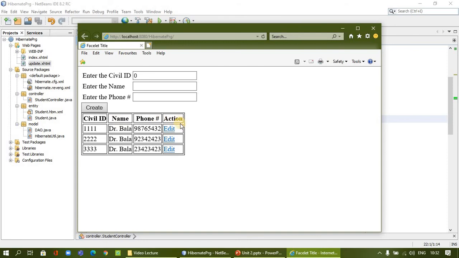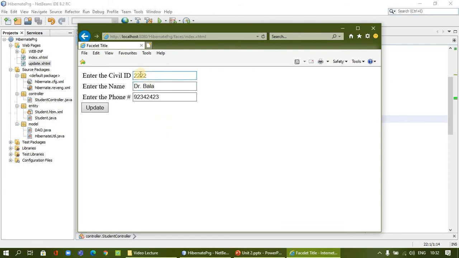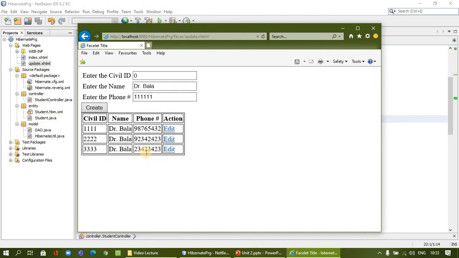For example, if I am going to edit this second record, it will go to the next page, that is the update page, and it will show all the values. Let me click here. The values appeared, it's correct. I am going to change this to some other values, for example I put 1 in all. I am going to click update, but it will not be updated because we had two requests. Edit is one request, update is another request. So it's never reflected, because our request scope is wrong.